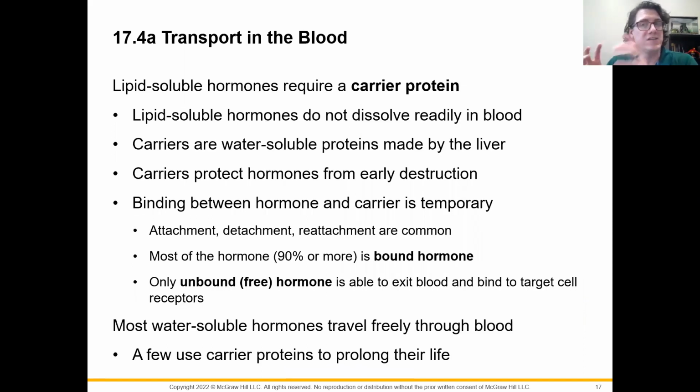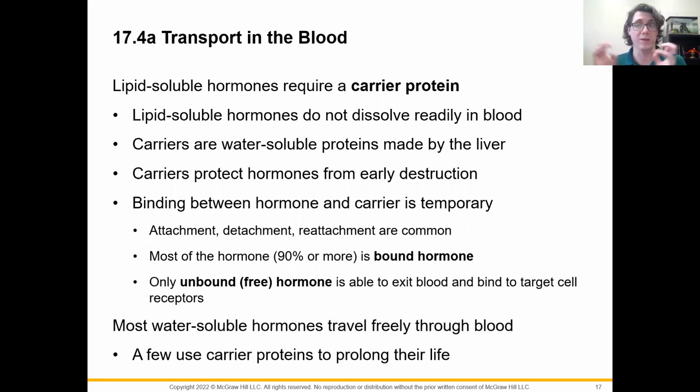So like I said, we need to use a carrier protein in order to get our lipid-soluble hormones from the endocrine system organ to their target cell. So to move them through the blood, they do have to be bound to a protein. Now, one of the other things that binding them to these helper proteins is going to do is also help them last a very long time in the blood. Okay, so if you were to, say, inject someone with additional testosterone, that extra testosterone is going to hang out in their bloodstream for a very long period of time,